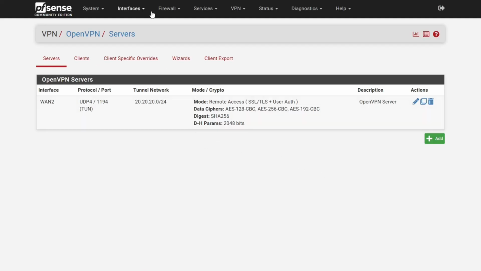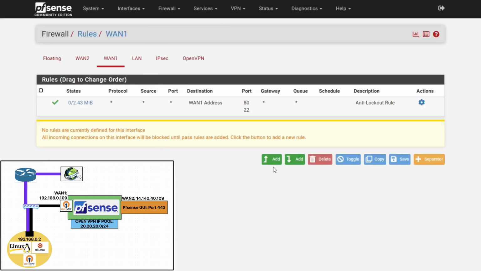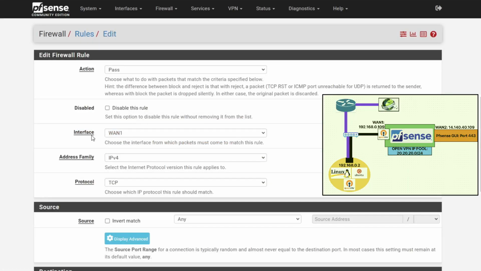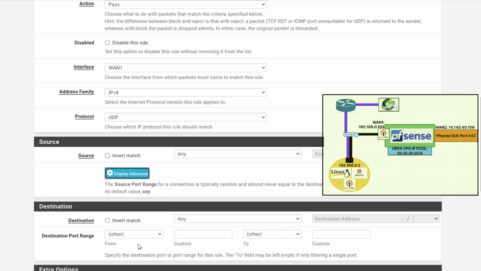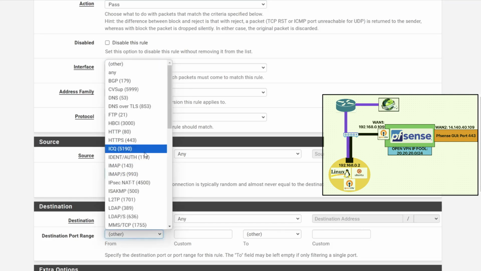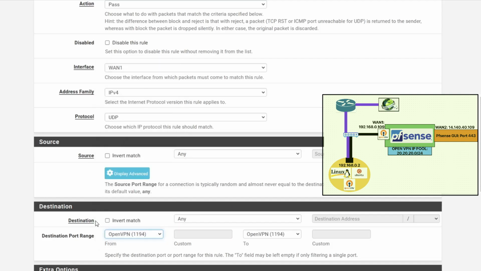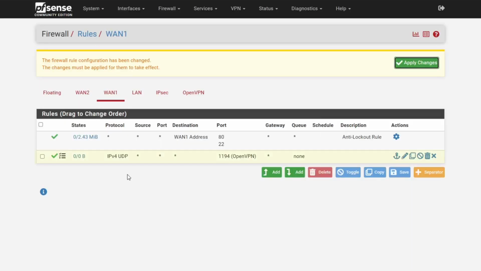Next, we will try to configure the rule on the firewall on WAN 1 to allow the OpenVPN traffic on WAN 1 port. Action is going to be pass, WAN 1, UDP. Let's try to find the OpenVPN 1194, which is going to be the destination port. So now we have created the rule which states that the UDP traffic on port 1194 on WAN 1 is